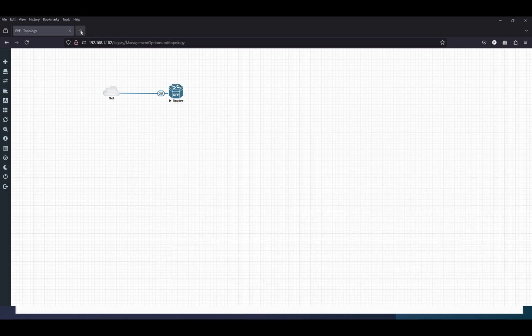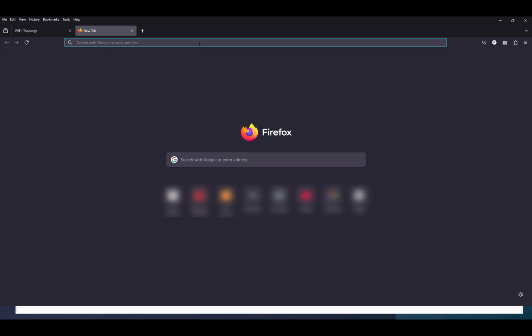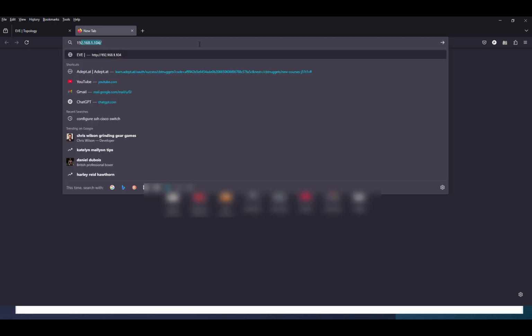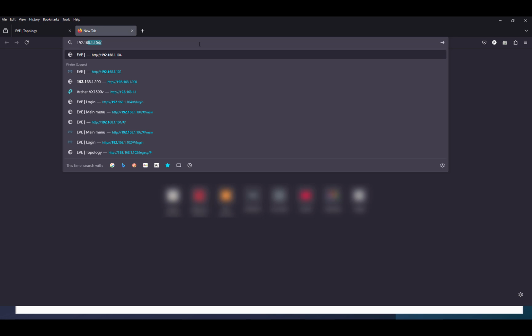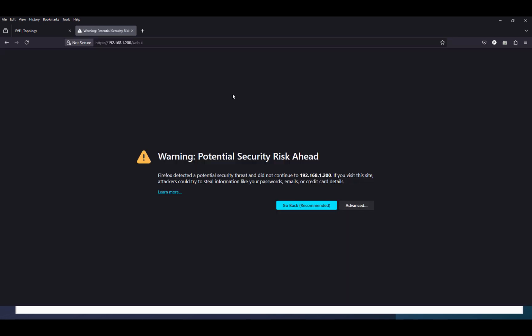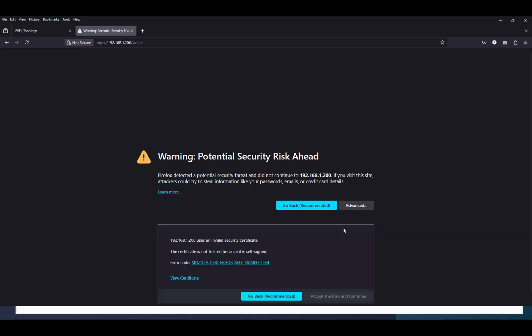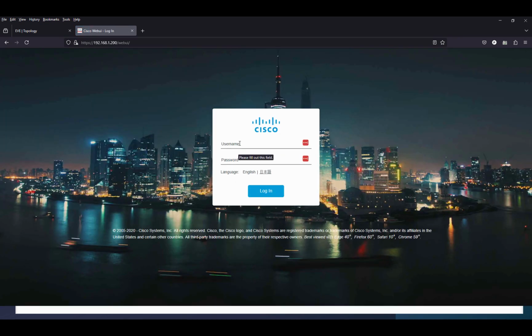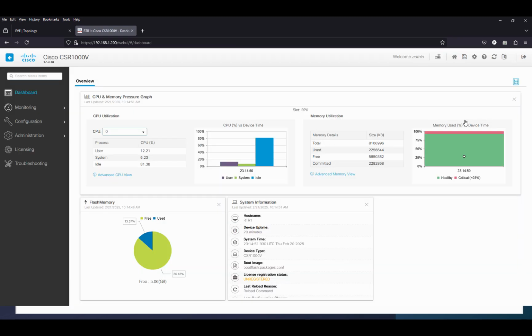So now if I open a new page here, and if I go to 192.168.1.200, you can see that again, a warning comes through because of that certificate, because it's locally generated on the device and it's not a public trusted certificate authority. We got this error message. We accept the certificate. It's a self-signed certificate. And now we can use our credentials to log into this device. And there we go. We have our web interface that we can use for monitoring and configuration of the